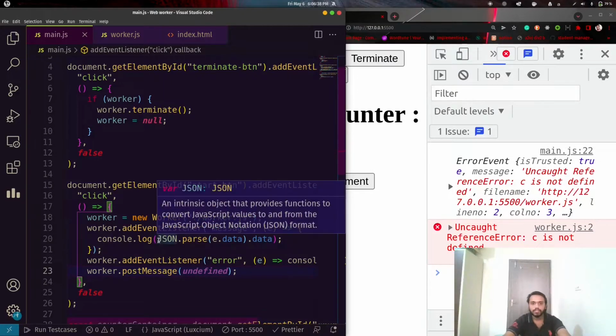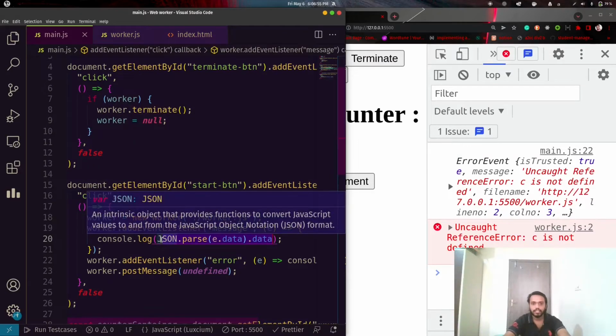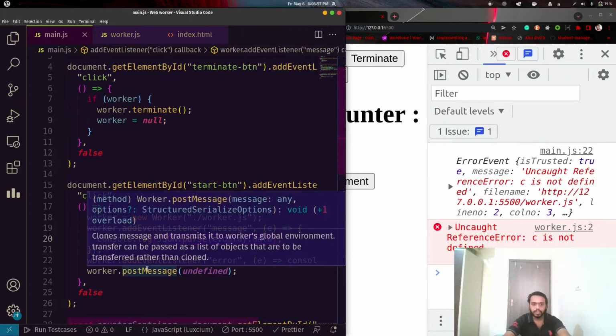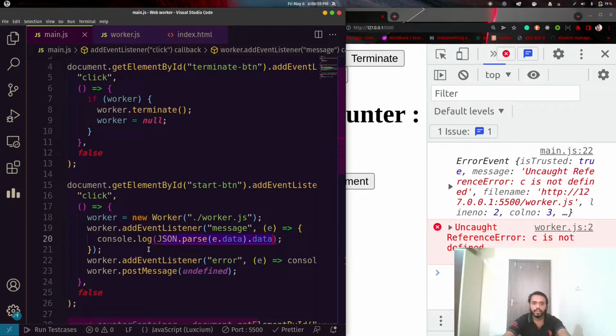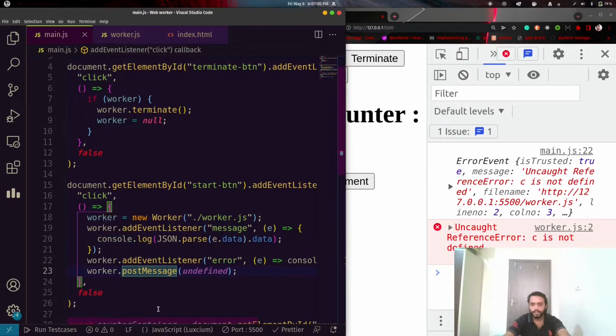That is why I am using JSON serialization here, which is much faster than the serialization done by the JavaScript Worker API. So here I forcefully serialize this, and because of that serialization, postMessage won't serialize it again.